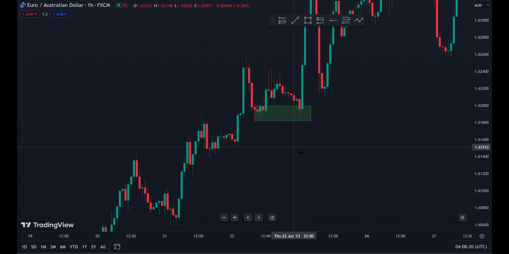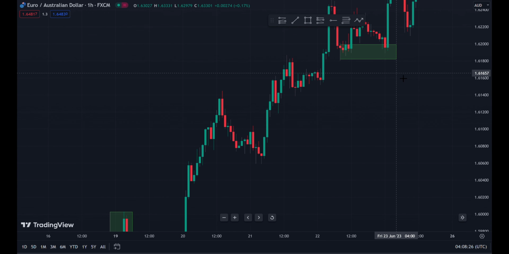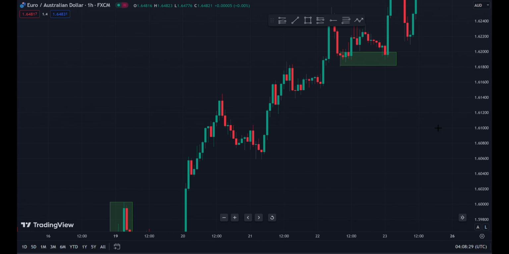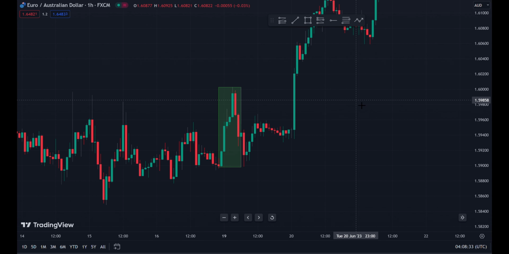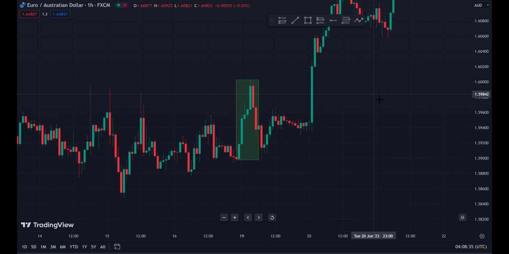Let's look for one more setup like this, then we say we're done for this video. So then we look for others. One more setup, drop base rally. It is right here, not so far away. Drop base, this is the base down here where the drop stopped, then this is the rally,